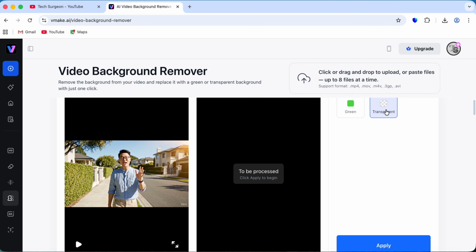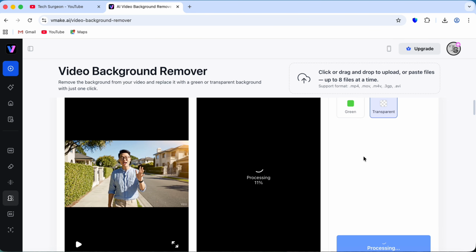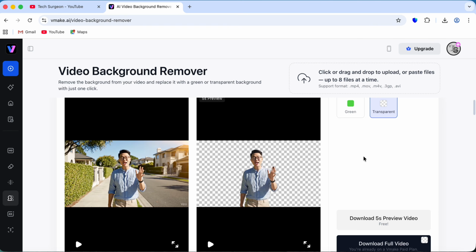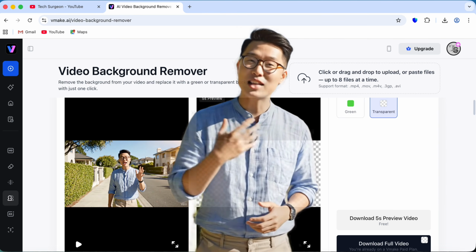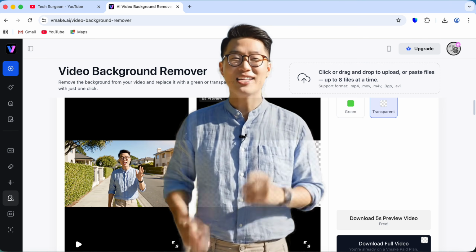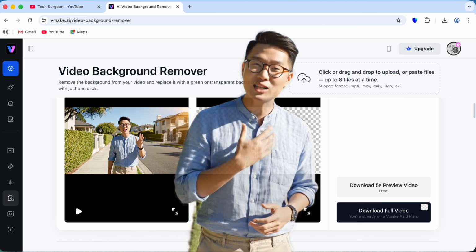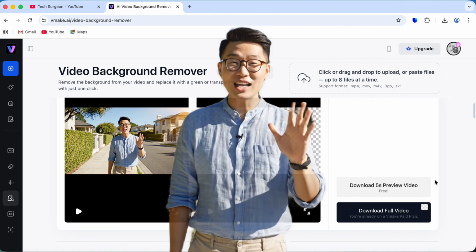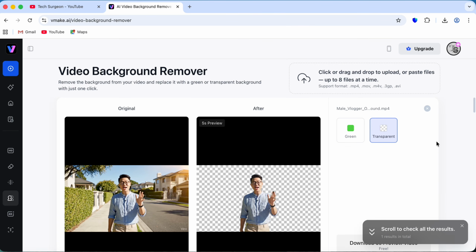And then if you tap on the transparent option, you're going to tap on apply, and then it's just going to apply the transparent effects to your video instead of the green screen effects. So watching this now, you can see how it basically strips the background but just keeps it transparent without also bleeding the environment into the transparent background and keeping the original quality of the video. And once you're done with that, you can get a 5-second preview for free, or you can download the video on a paid plan. So we're going to tap on download, and then that's just going to be downloaded directly